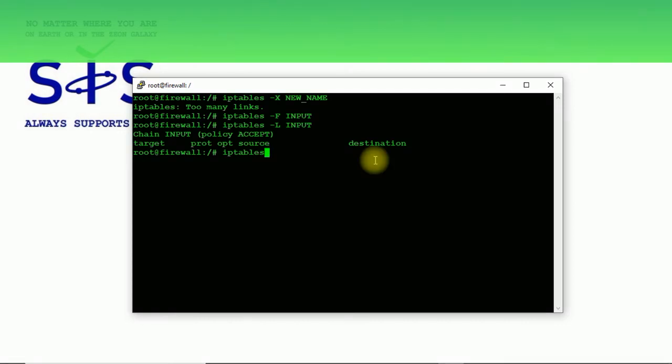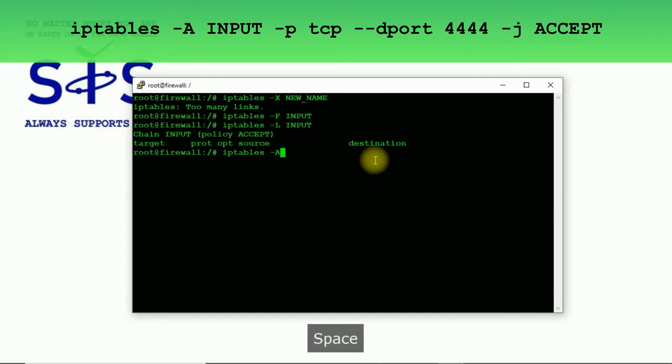We're going to type something simple. We're going to append a new rule into the input chain, and we're going to let protocol TCP, sent on destination port, let's say 4134, to be accepted.